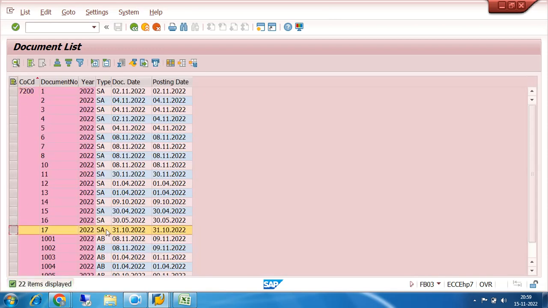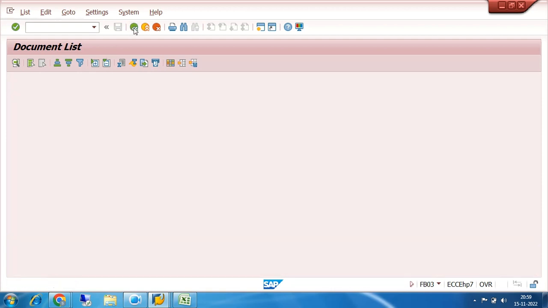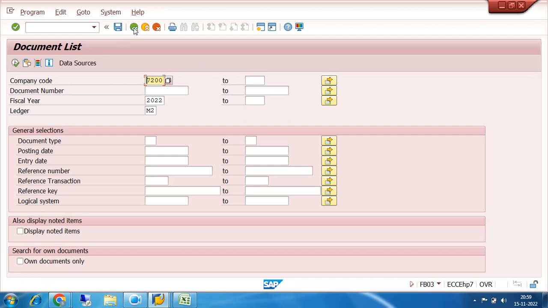In M2 also this screen appears. So this is the entry which appears in three places, that is called parallel posting, because there is no valuation difference or treatment difference between IFRS,